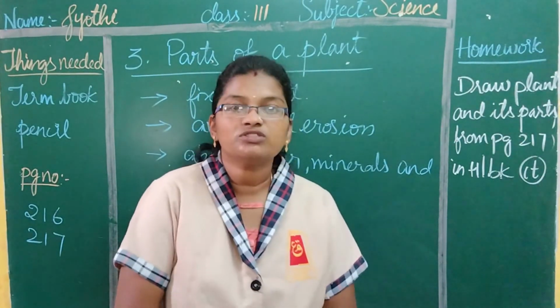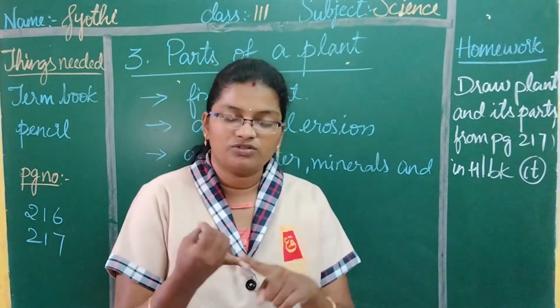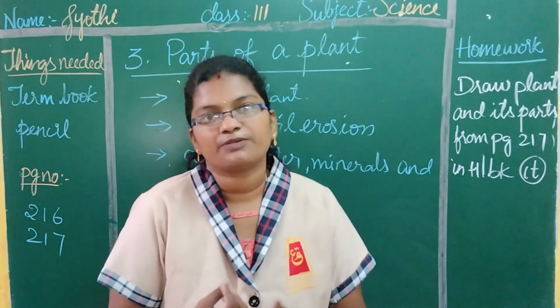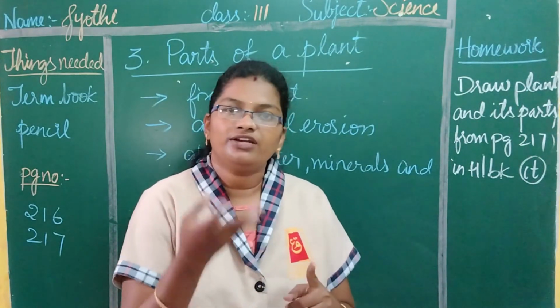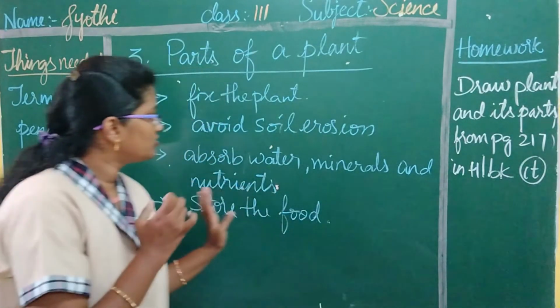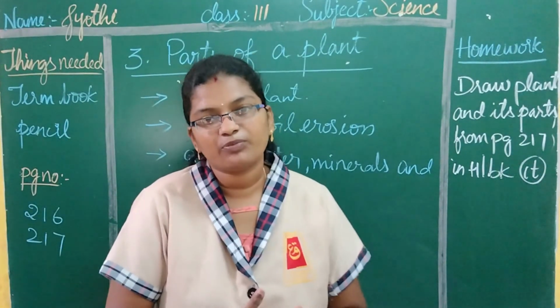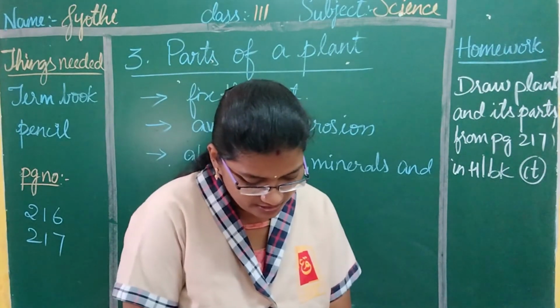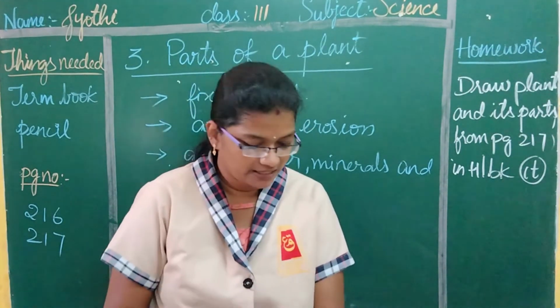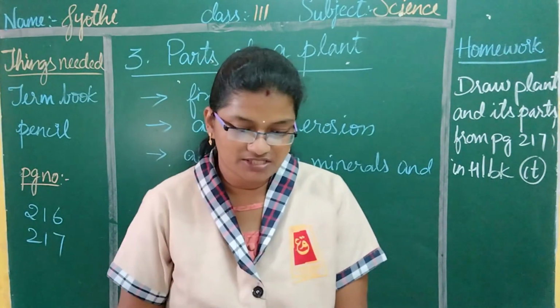So about roots we have learned and different parts also we have learned. Root system and shoot system. In the root system we have again two types, that is taproot and fibrous root. Four functions also we have learned. In the next topic we will learn about taproot and fibrous root. And we will also learn about the different parts in the shoot system.